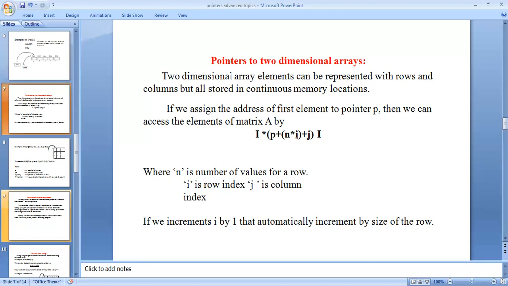Third, we must know the specific index value of the rows. And fourth, the specific index value of the column. These are the 4 points we must follow. First, the address of the first element and the name of the array must be known, along with which data type of elements you are using, the specific index value for the row, and the specific index value for the column.